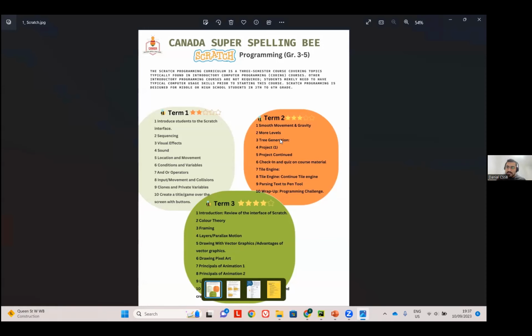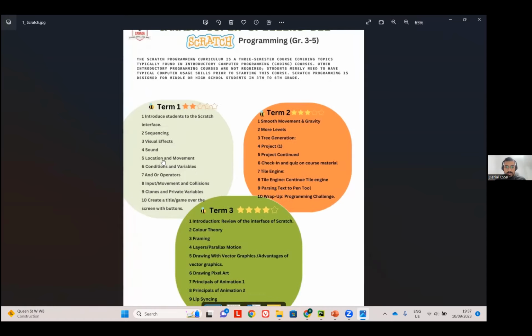For semester 2 and semester 3, this is going to develop, and it's going to be harder and a little bit challenging. It's also going to be exciting. So if you're not familiar with Scratch, we recommend starting with the first level. If you're familiar with Scratch, you can see by the syllabus that we have here.